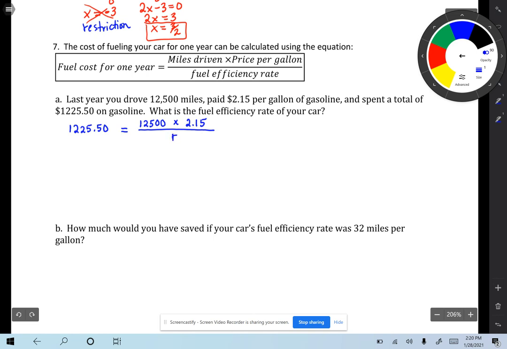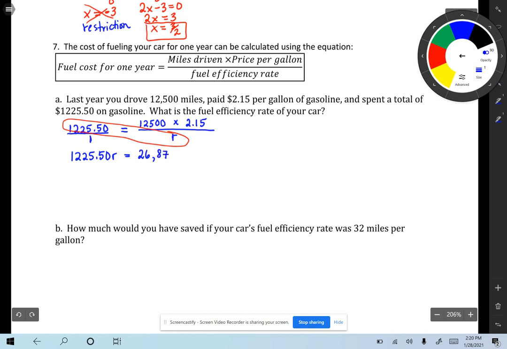There we go. And so this one, we can cross multiply because there's one fraction on the left side and one on the right. So remember, this is just over 1. So we can cross multiply. And we like that a lot. So I'm going to circle one of these cross products. So we have 1,225.50 times R is equal to 12,500 times 2.15,